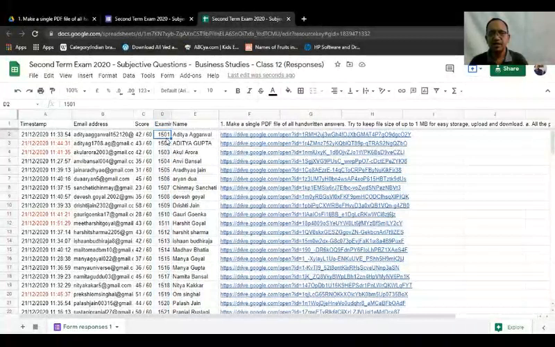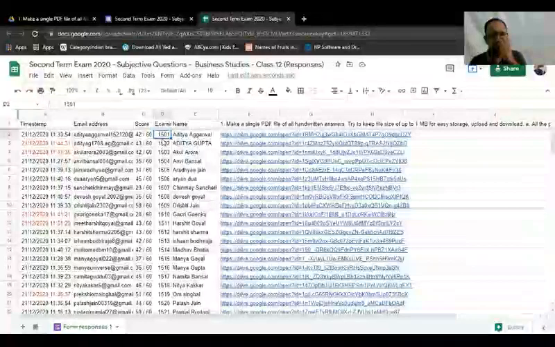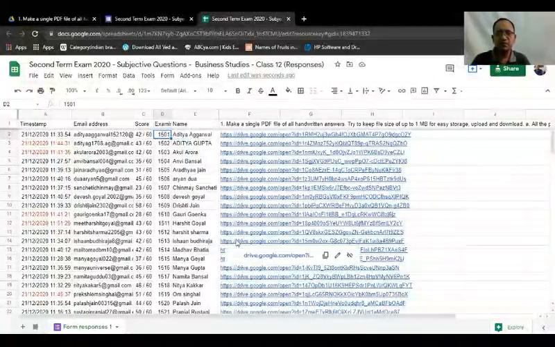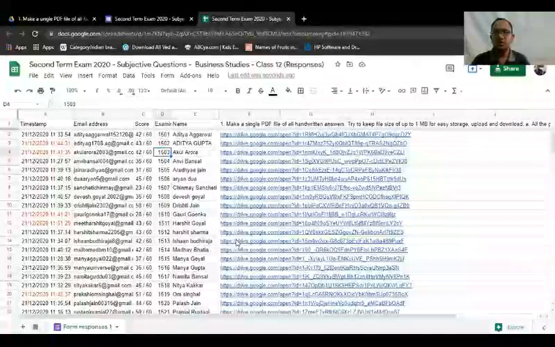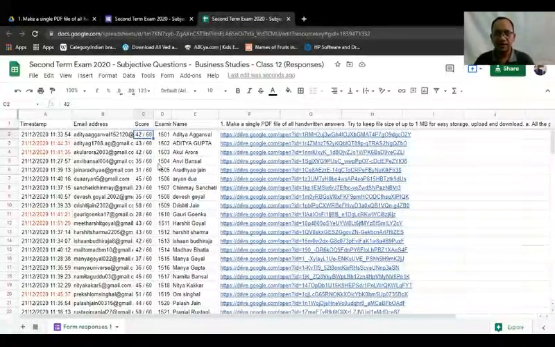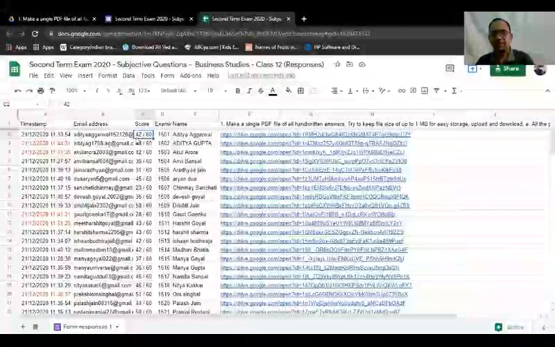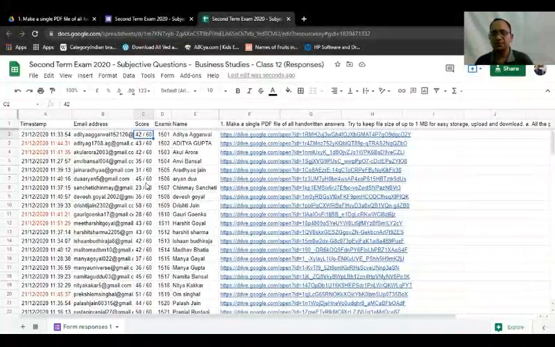Now if you see, the data has been arranged roll number wise, 1501, 1502, 1503 and so on. So your marks list is ready. If you want to copy these marks, another thing, these marks are appearing in the form of 42 out of 60, 43 out of 60 and so on.